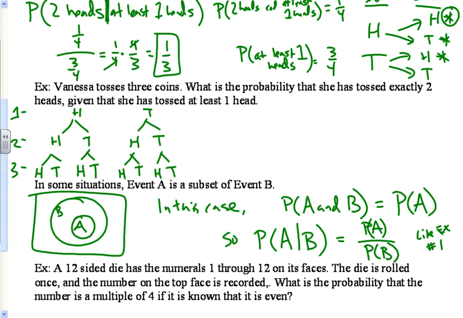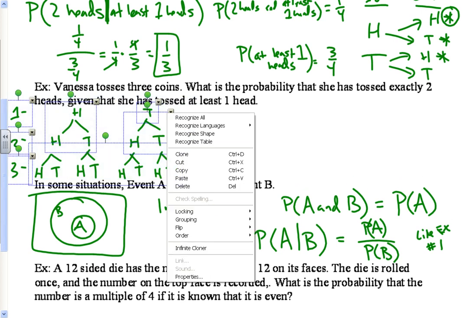Alright, so in this case, there are 8 possible outcomes. This would be heads, heads, heads. And this would be heads, heads, tails. And so on and so forth. Alright, so we want to know of all of these different outcomes,